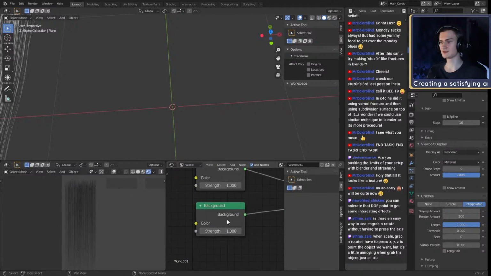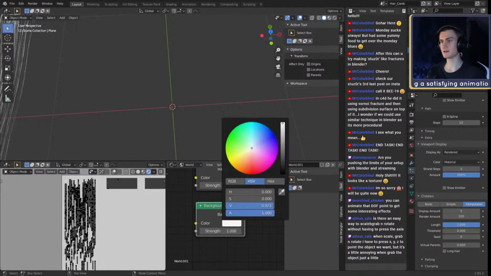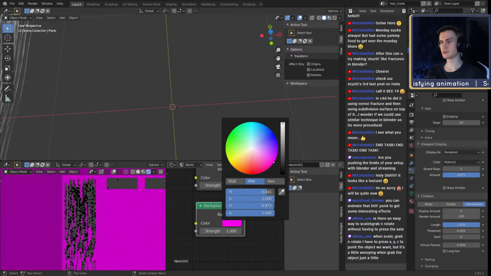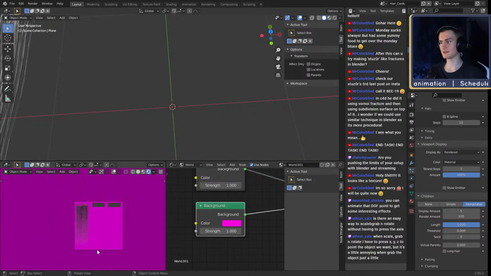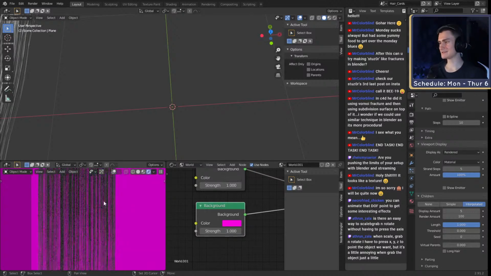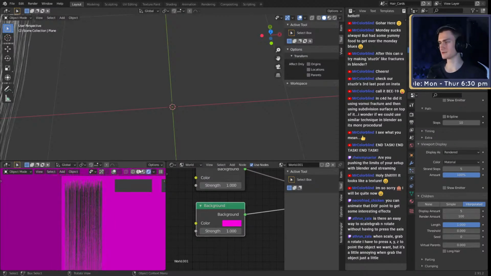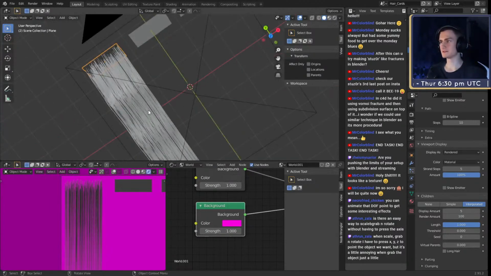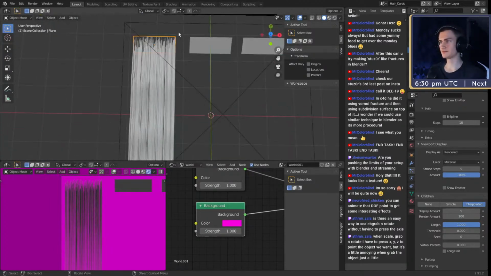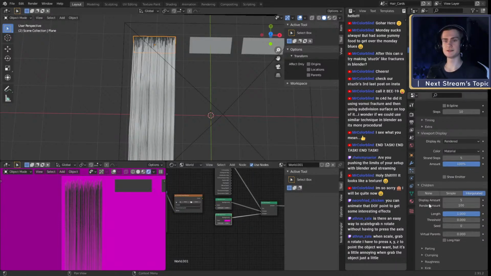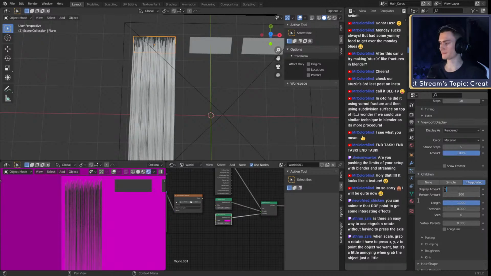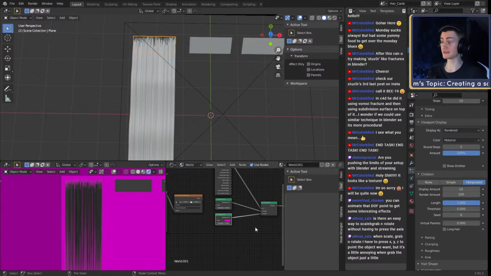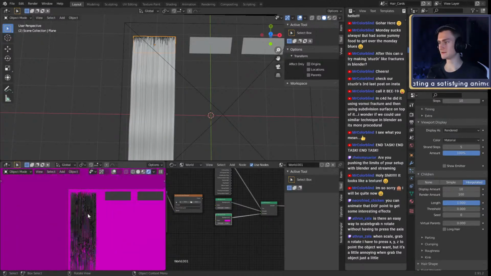We can then just change this background color to something really contrasty, like magenta or pink, I guess. And now you can see whether or not you can see through the hair, because this is the cover layer. We want to have more, the dense layer basically. We want to have more hair, so we adjust it maybe to 10 should be good. Oh, 10 is still not enough. It looked like it was enough with the gray background, but we have to add even more.